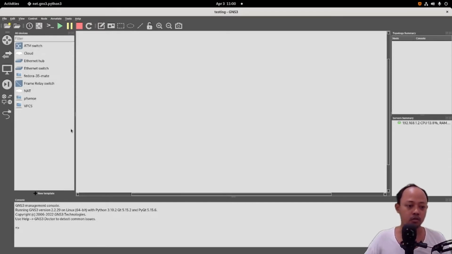The first thing to do, we need a router. So I will use this pfSense as our router, and we need an Ethernet switch.